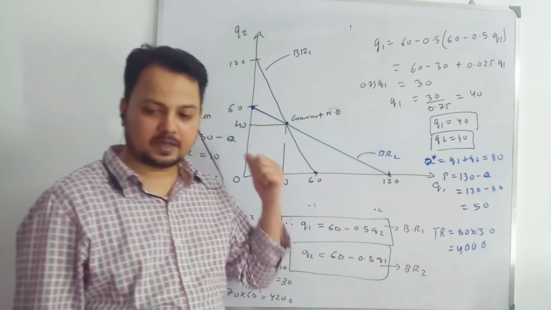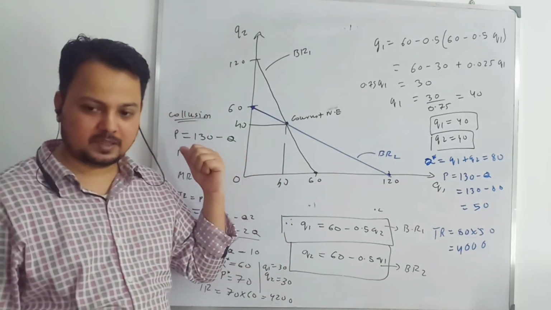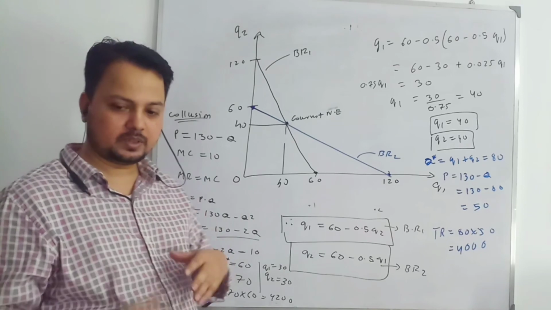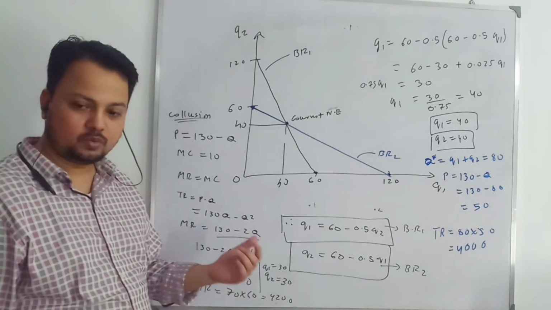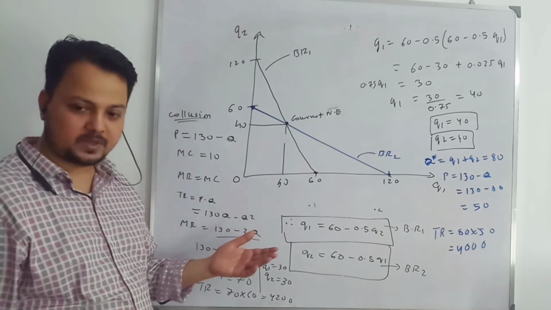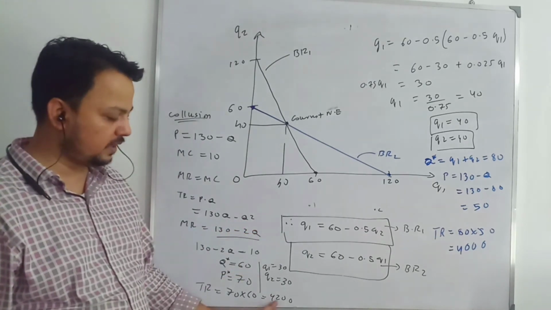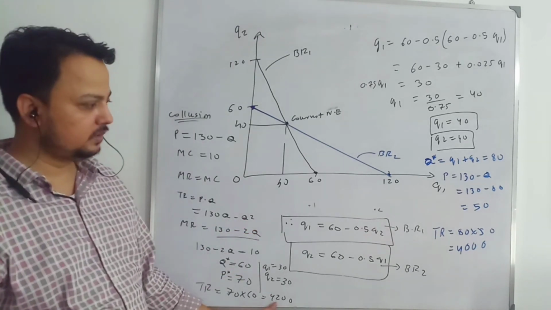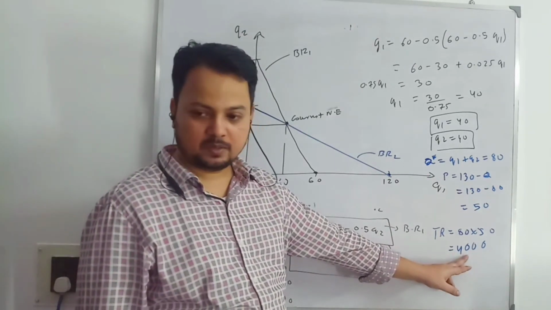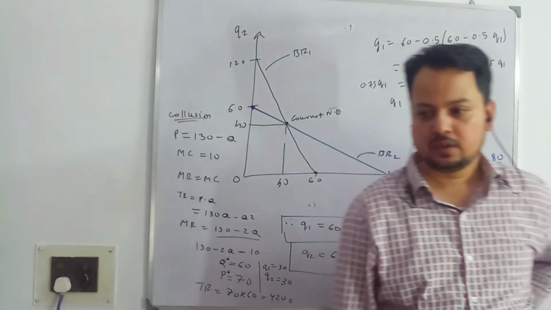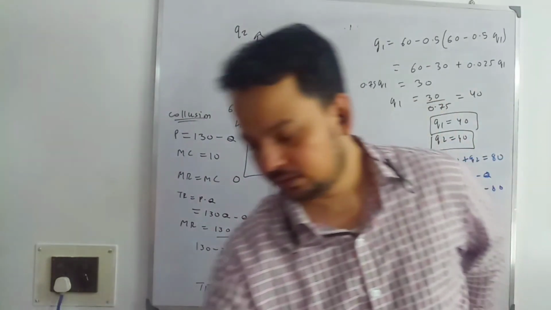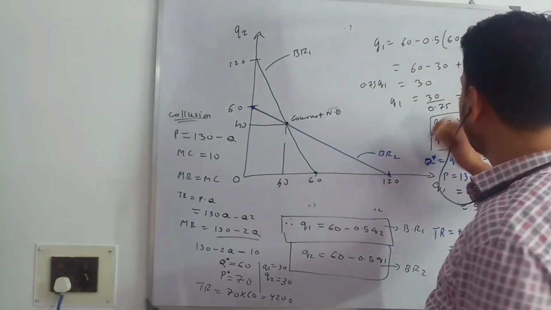The case where they understand the interdependency and collude, and produce 30 units of output, they will be able to maximize industry profit as well as their individual profit. Here both are earning 2100 revenue. Here both are earning 2000 revenue. So this is what we have in the Cournot model. Now let me rub this part.